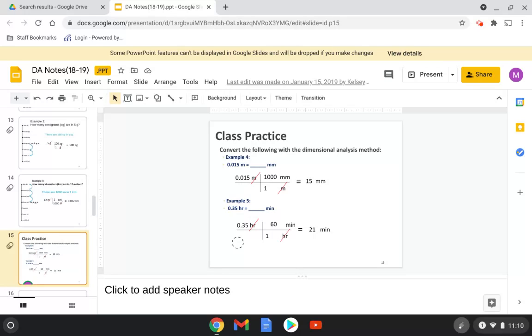So I have example 4, 0.015 meters to millimeters. So again, here I'm looking at 0.015 meters as my start. Millimeters would be my end goal. So I know that in 1 meter, there's 1,000 millimeters. So I can cancel out my meters here. So 0.015 times 1,000 would be 15 divided by 1. We have 15 here. Next, 0.35 hours equal to minutes. So I start